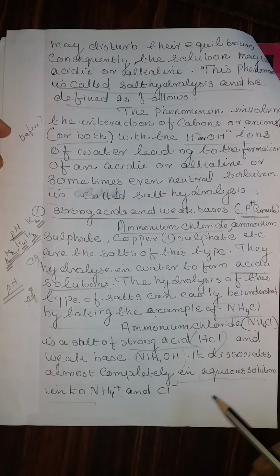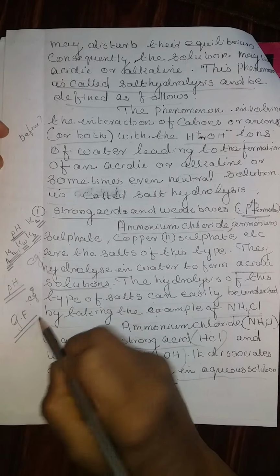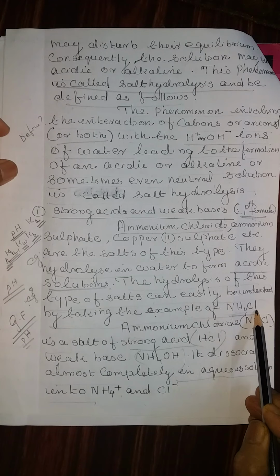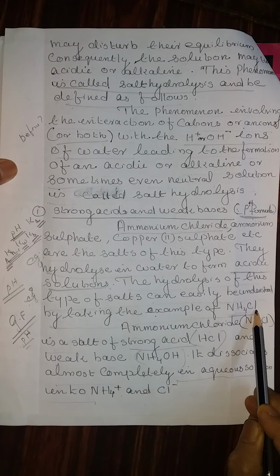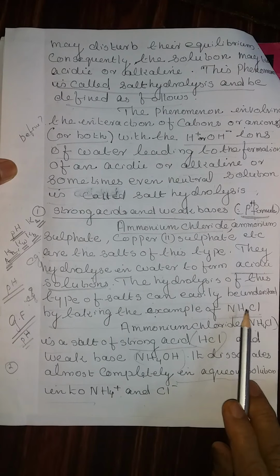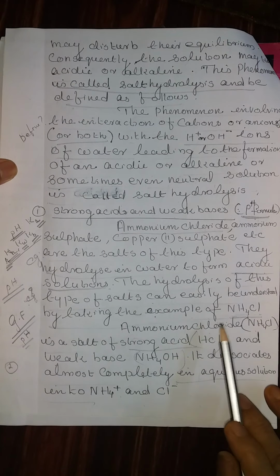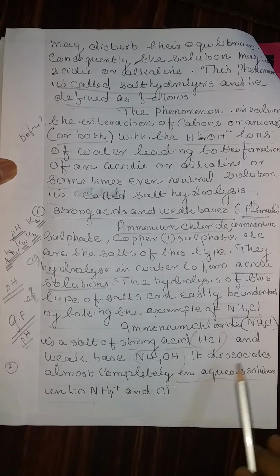When the explanation is conducted using a general formula and deriving an equation for pH, after you derive the general formula using the general salt and the pH, you should do the same thing, repeat it with ammonium chloride. Then only you will get thorough with the derivation. That is the second point that you have to do. First explanation I will give you. After that, deriving the pH, you should do by yourself with ammonium chloride. Then do the assignment given at the end of this chapter.